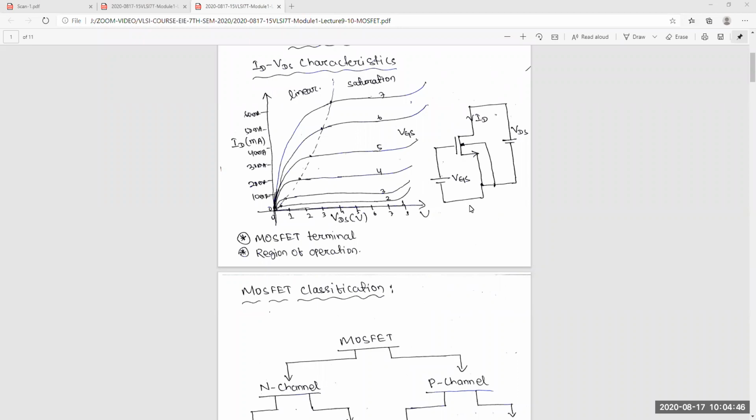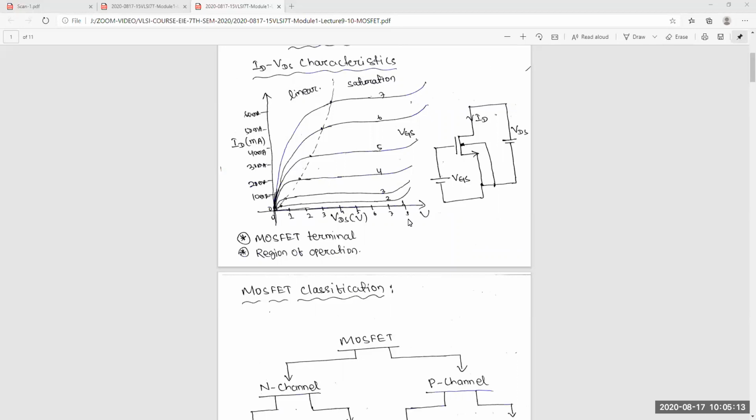It is ID only. So whatever you change, in VGS or VBS or VDS, only output current will be there. So no input current, but in the BJT case, some input current is there. That's why that beta factor, the amplification factor, is there. But this thing is not here. So these are the differences.